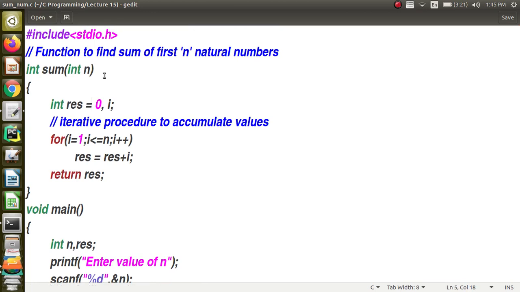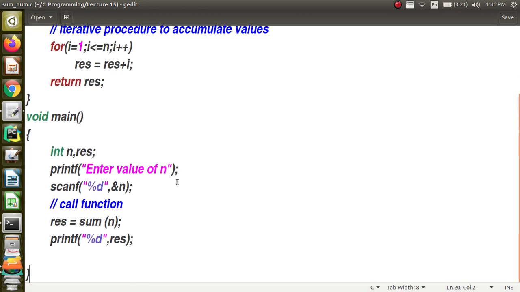When you look at this sum function, here we are going to find the summation. We loop from 1 to n. Look at the for loop: we start from 1 and go till n, so i less than or equal to n, i plus plus. We have a variable res and initialize res equal to 0, and in this loop we add the value of i to res. So we accumulate the summation in it, and after the for loop we return the value in res. This is the code.